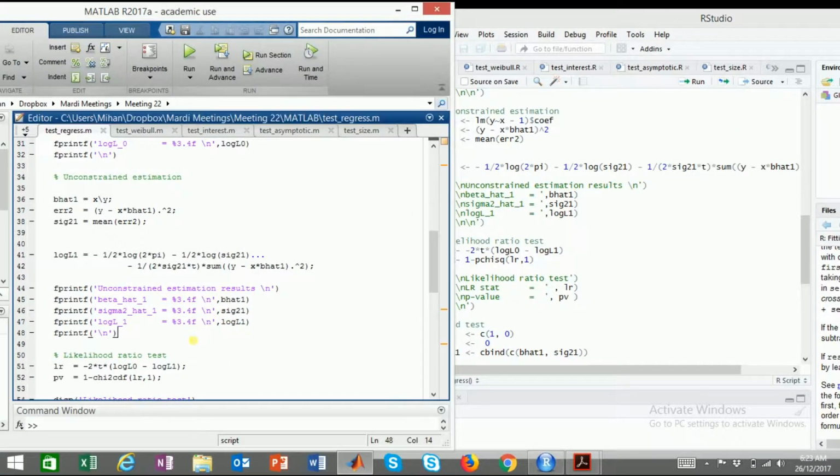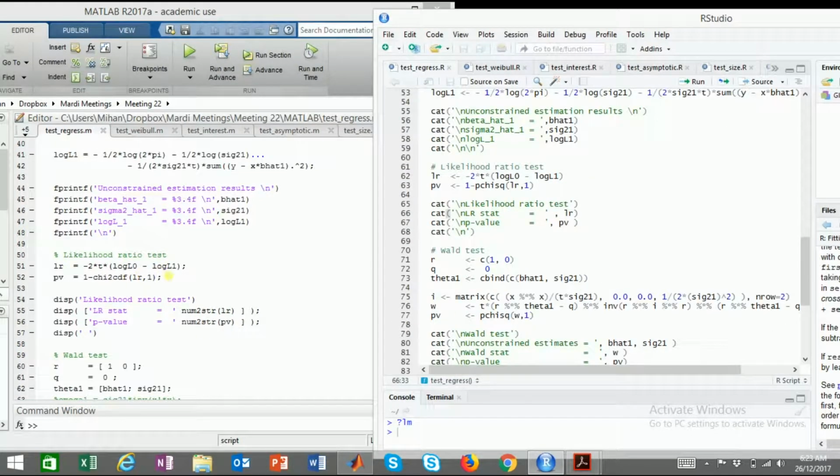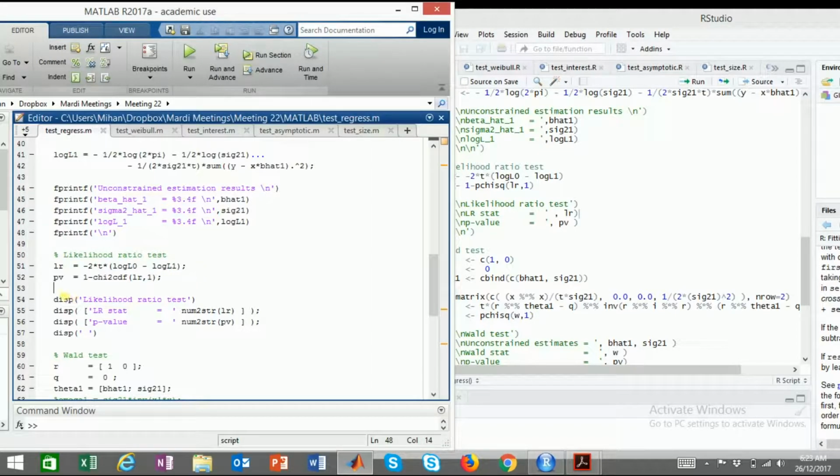There is no change. Then comes the likelihood ratio test: 2t log L naught minus log L1. We have already calculated that. And the probability value is, because the log likelihood ratio test is asymptotically distributed, okay, because they all converge to all tests. We have studied in the hypothesis testing chapter. So the probability value is 1 minus the chi-square distribution function, chi-square distribution of LR